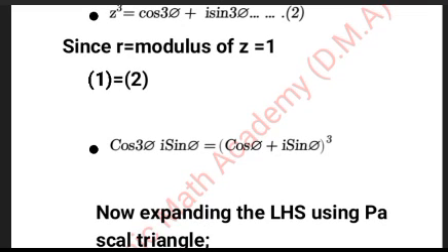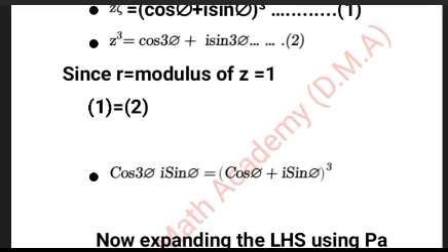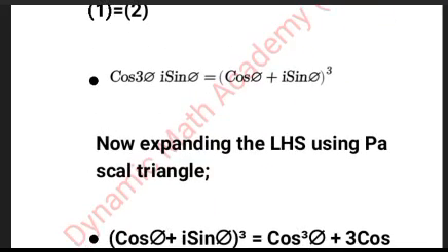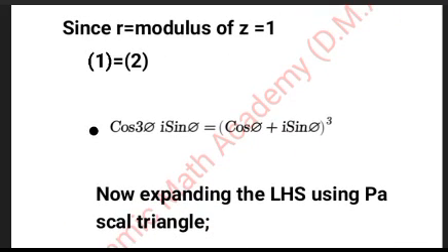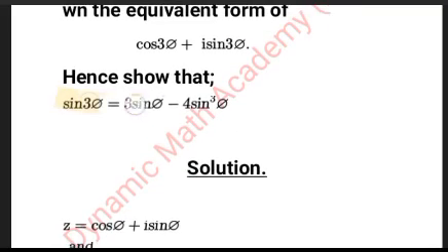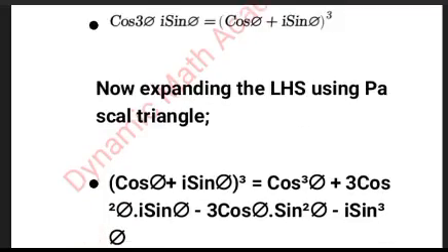Okay, so that's it. I think we are done with the first part. Now the next part is that we should show that sin 3 theta is equal to 3 sin theta minus 4 sin cube theta. Okay, for us to do that,